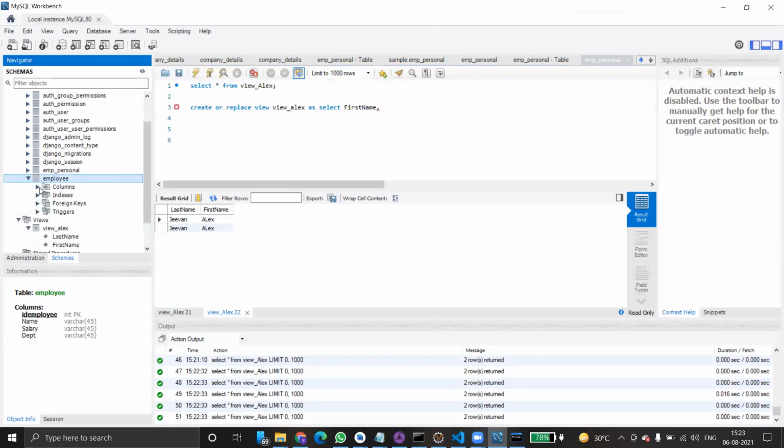Select here, you can see column names. I think this is different. Where is employee personal? Yeah, here we have.